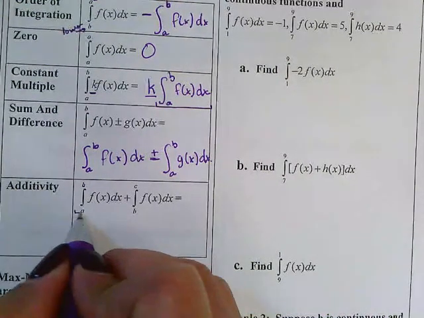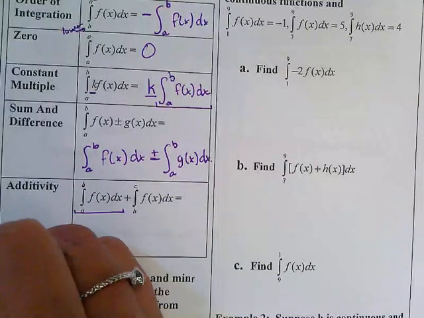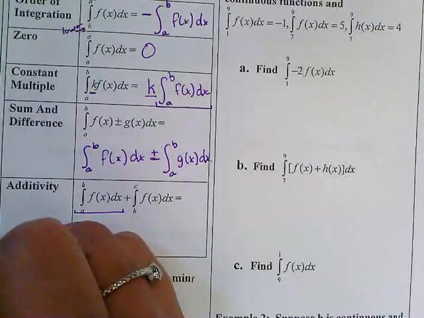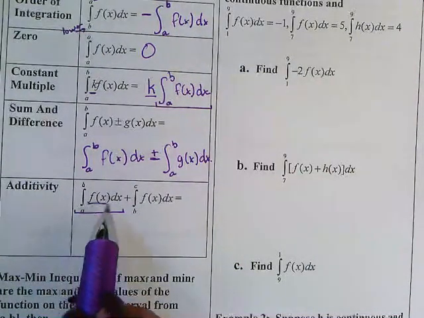This integral says, what is the area under the curve from a to b? And this one says, what is the area under the curve from b to c? I think we can see that since it's the same exact function,